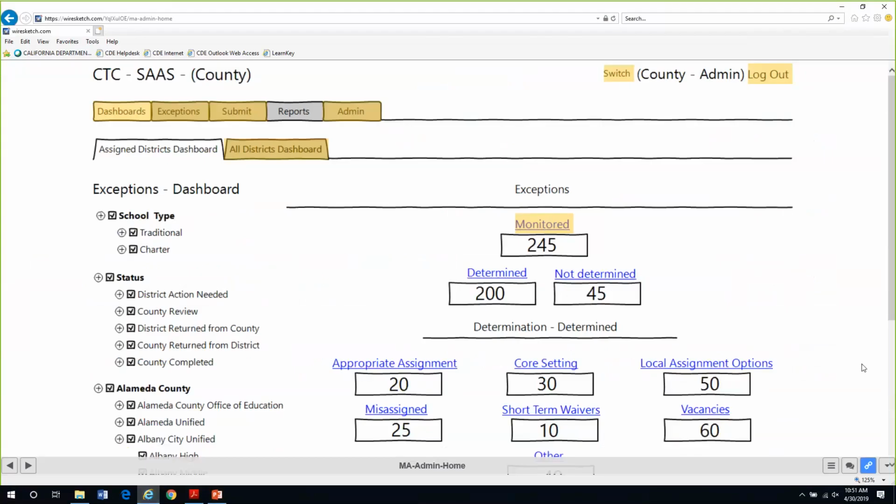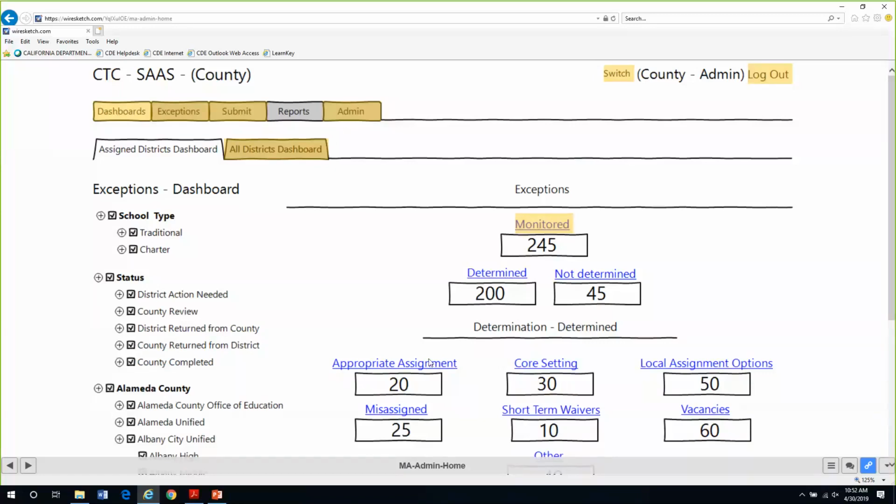Now this is not the pretty version of the system. This is not all the bells and whistles. This is just a rough sketch of how the system might look and function. The first thing to know is there's always going to be a dashboard for any user. You can see up here at the top right-hand corner that this happens to be the county or monitoring authority administrator's dashboard. So this is going to have the most tabs of anybody, because they have the most permissions of anybody.